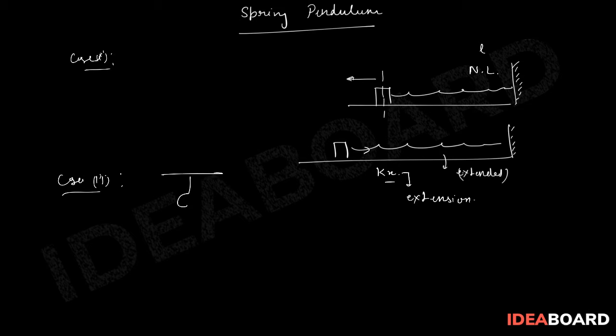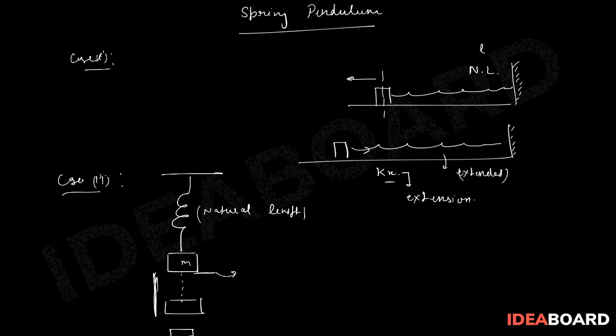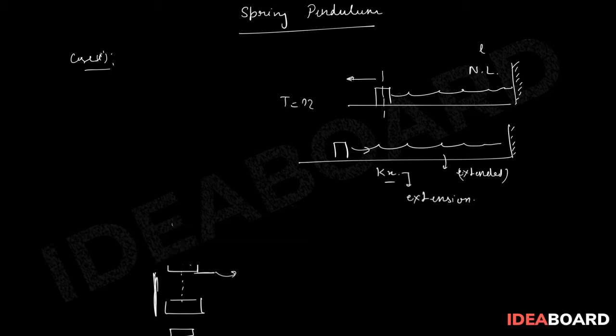Like we have a spring and a particle was attached to it. Suppose that if I leave this particle, let's say there was a support and I removed the supporter, initially assume that spring was in natural length, correct? So if that happens, this block will go, and then this block may try to execute SHM. Then also we want to calculate the time period in both the cases. This is the spring pendulum. So we will have the cases one by one. Okay. So let's talk about first of all case number 1.